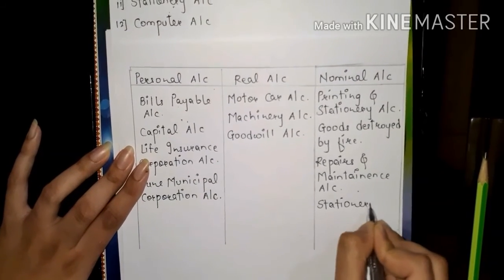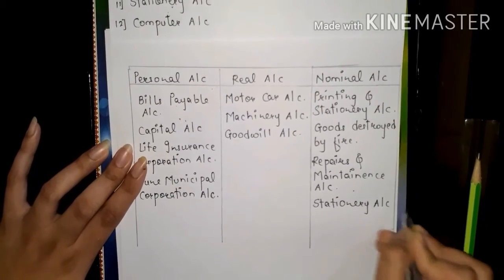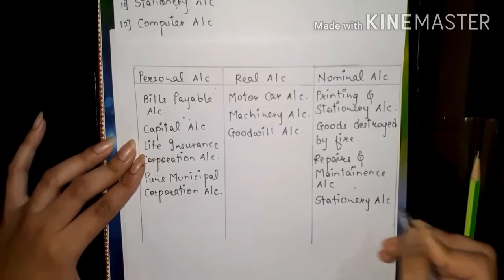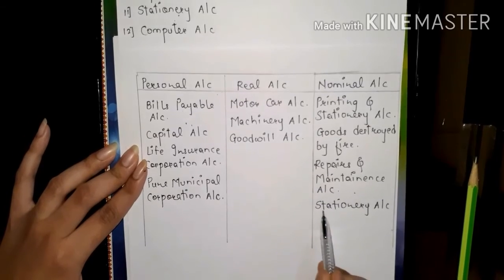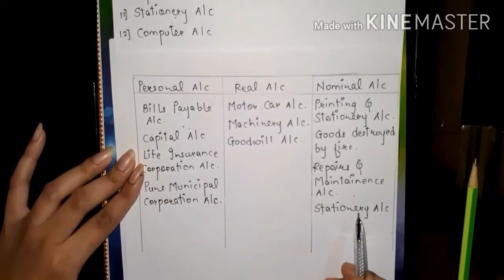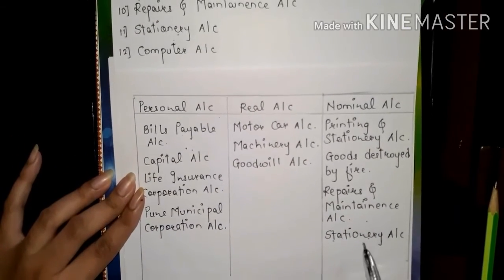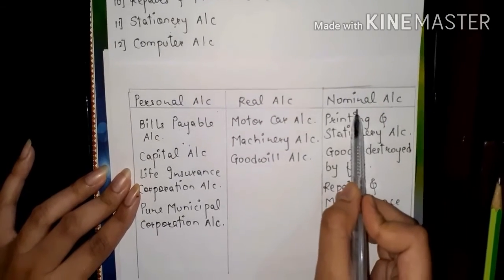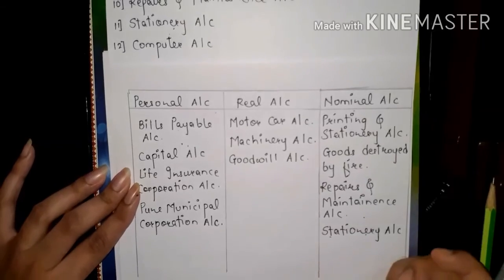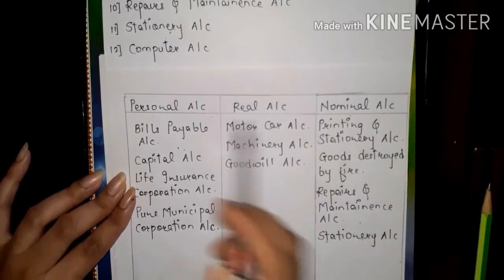We will have to purchase it from somebody to start our business, such as pencil, writing pad, or a file to keep all the records of your business. That is called stationery. That is going to be our expense because we have to spend money on it to keep the records. That will fall under nominal account. Rule is being applied: debit all expenses and losses.